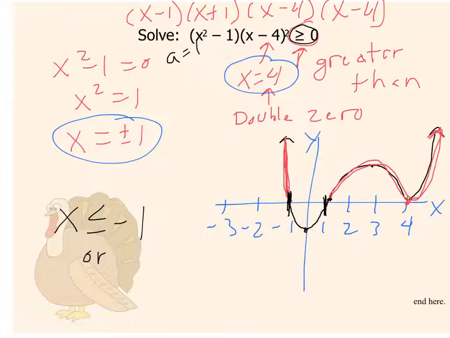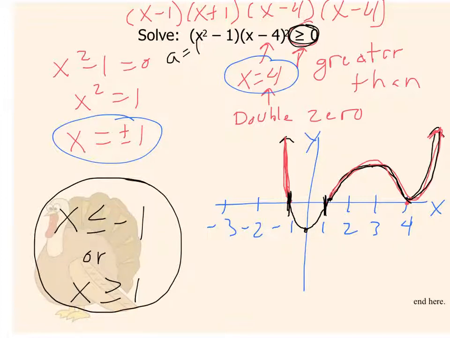Then I'll start right here at x equals 1. These are all positive. Then I get to a 0, but I want all x values that make the polynomial greater than or equal to, so I'll include 4, and everything after 4, so I'll take anything greater than or equal to 1. Okay? So if it's less than -1 or greater than 1, those are x values that will make the graph positive, which is consistent with my